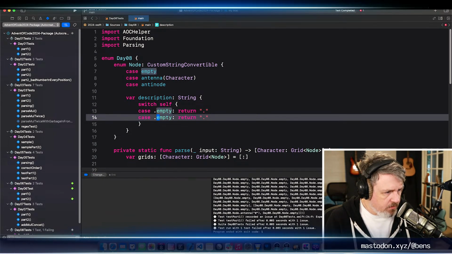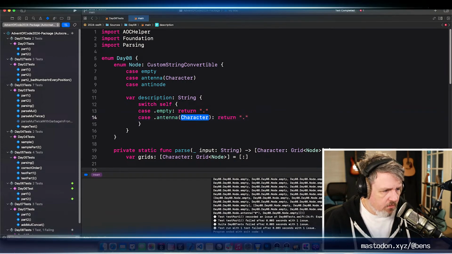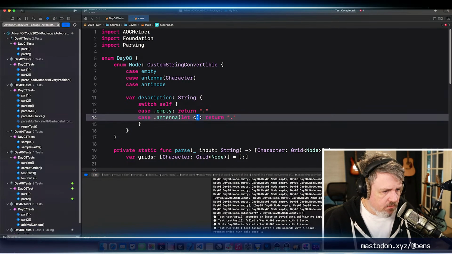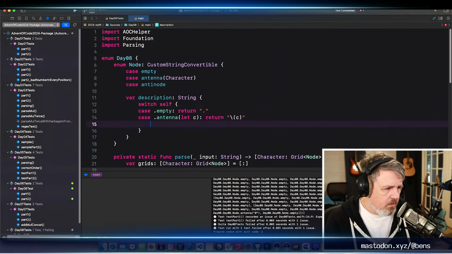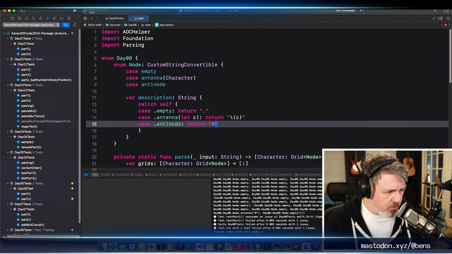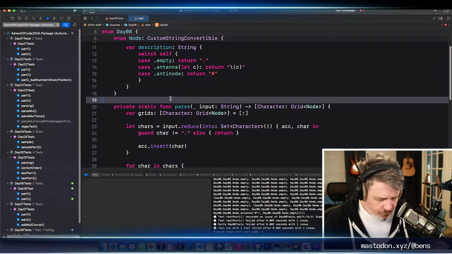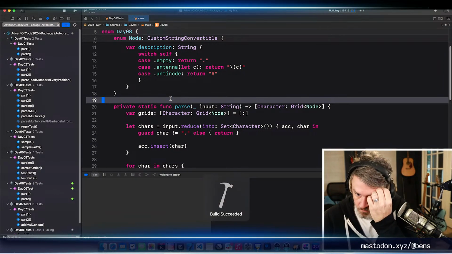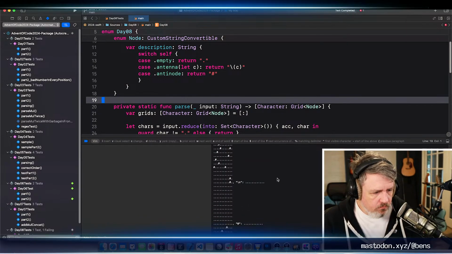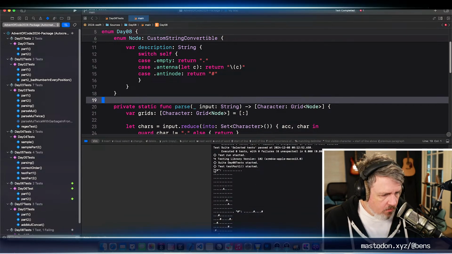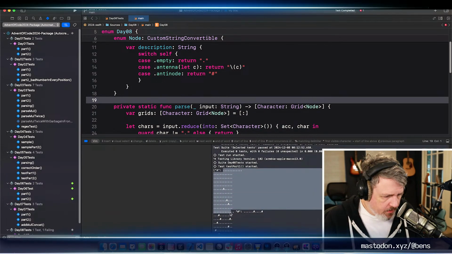Empty returns dot, antenna, let C return C, and case antinode returns hash mark. Okay, so A looks like that.